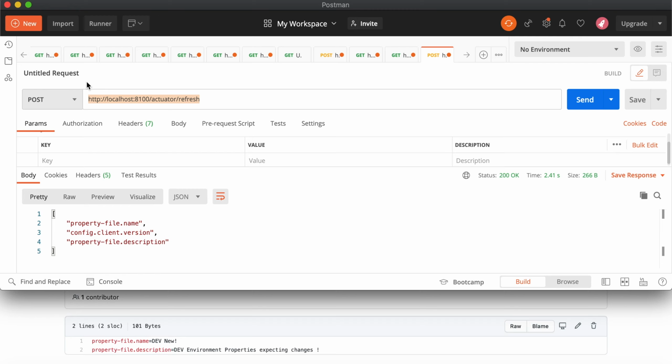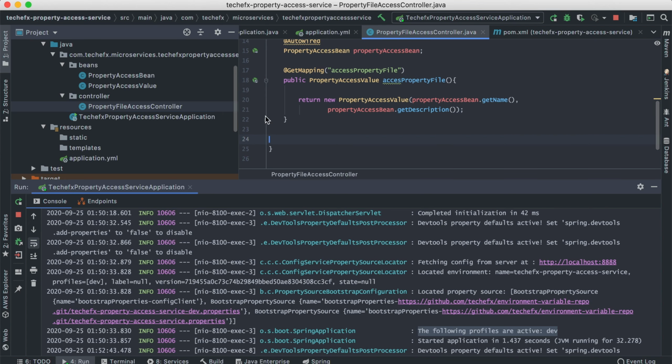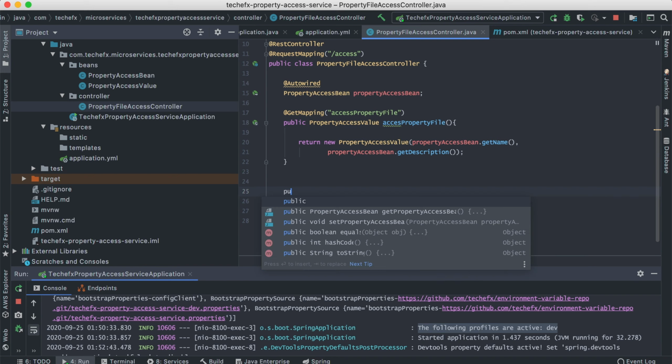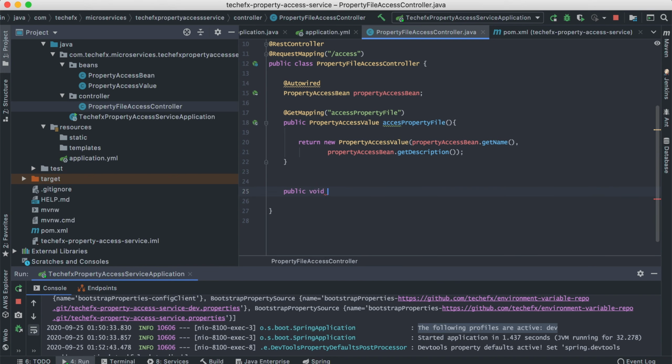So let me show you how we can do that. For that, you have to go to the controller and let's write one refresh actuator method. So public void